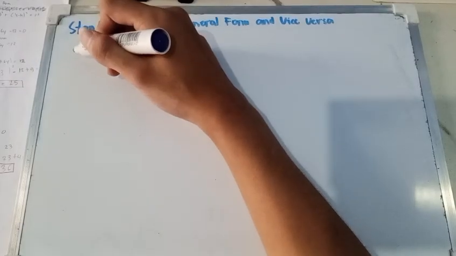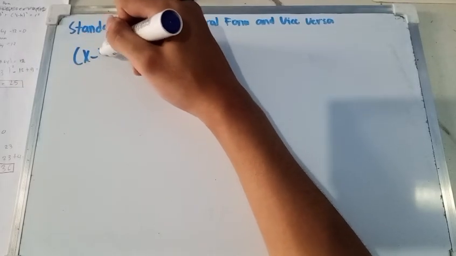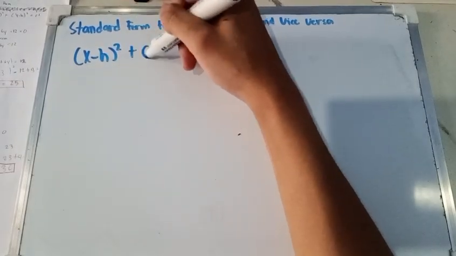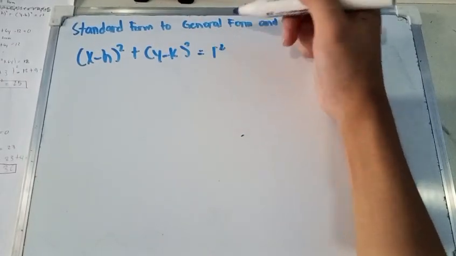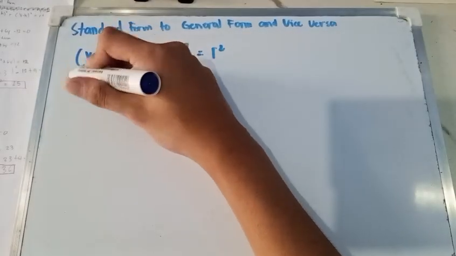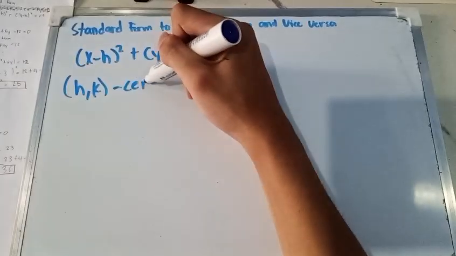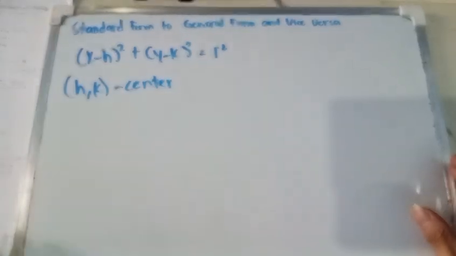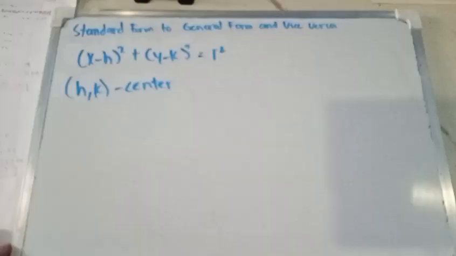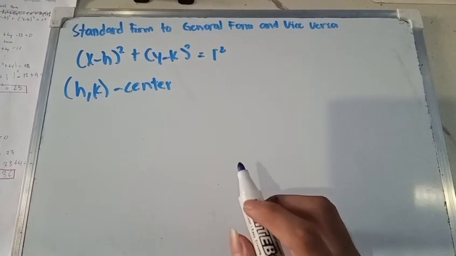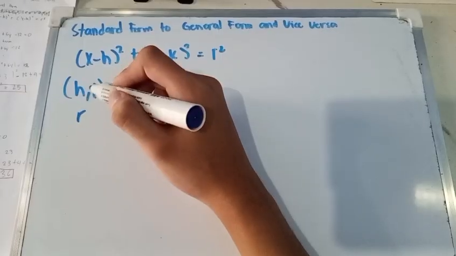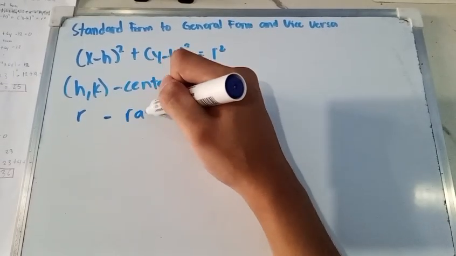standard form is in the form of (x minus h) squared plus (y minus k) squared equals r squared, where h and k is the center of the circle, and r is the radius of the given circle,